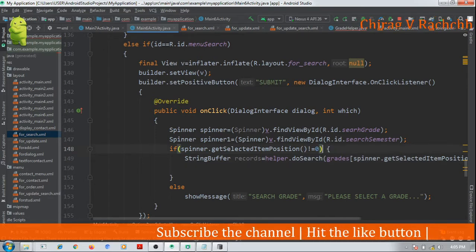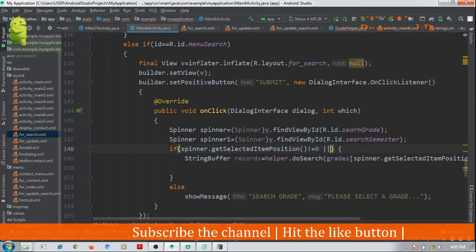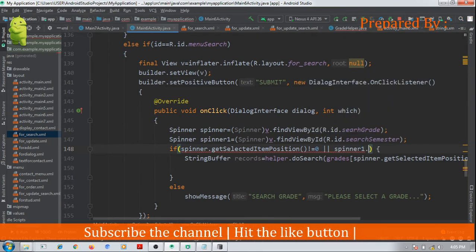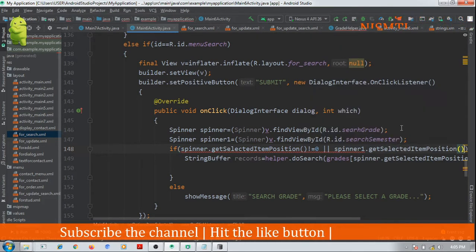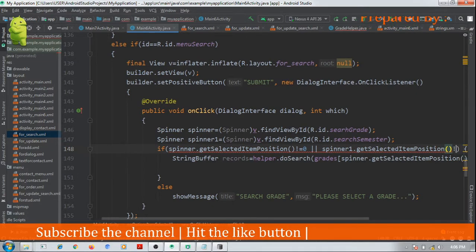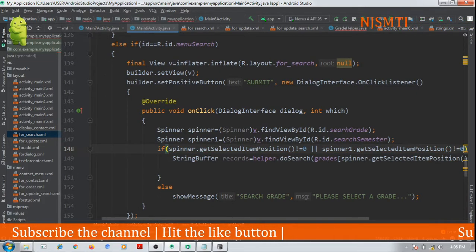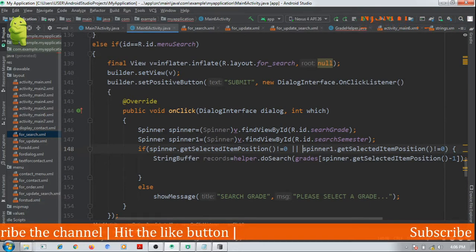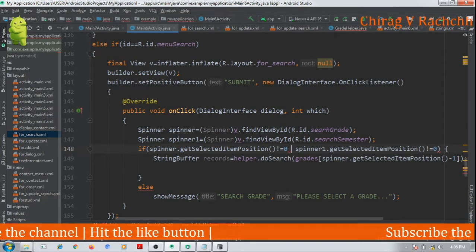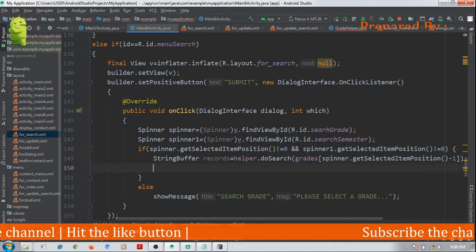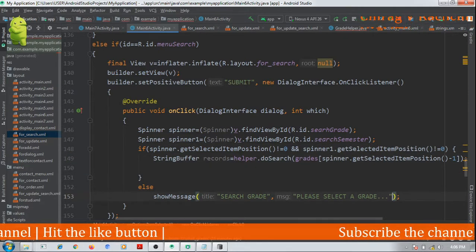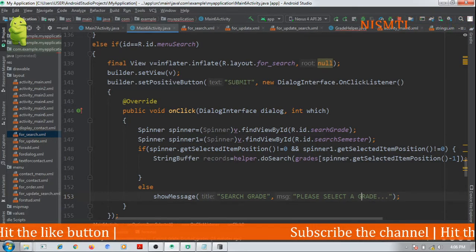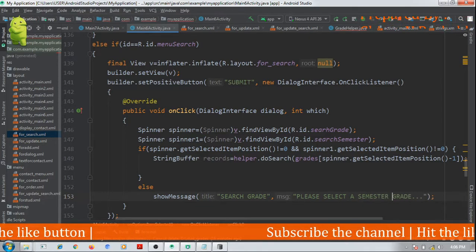Here we should check both conditions: spinner1.getSelectedItemPosition is not equal to 0. It should be AND here, because both should not be 0. Else, please select a grade, please select a semester and a grade.